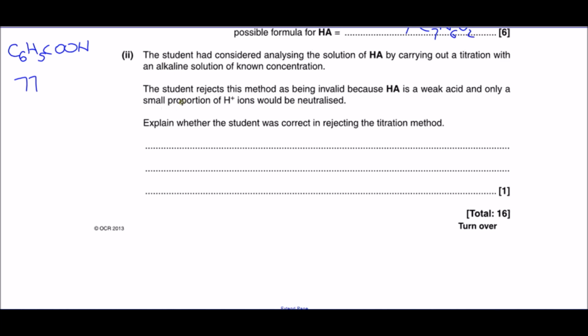So once you've read this through a couple of times, think about what this person is suggesting. What they're suggesting is that when you neutralise HA, let's put that into black pen, so you're taking HA, they're suggesting that because it's a weak acid we only get a little bit of H+, and that as soon as you add some sodium hydroxide that's going to be gone and there will be no more. Okay, so the answer is that they are incorrect,